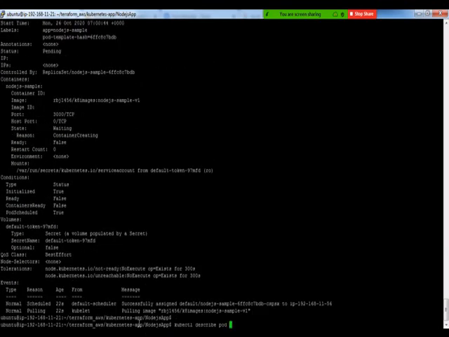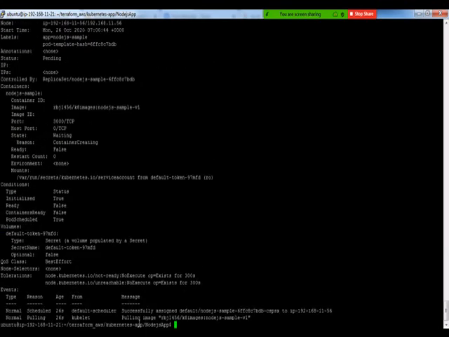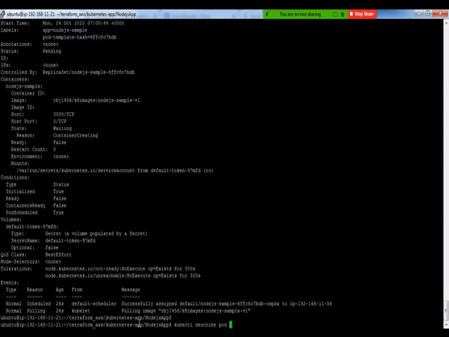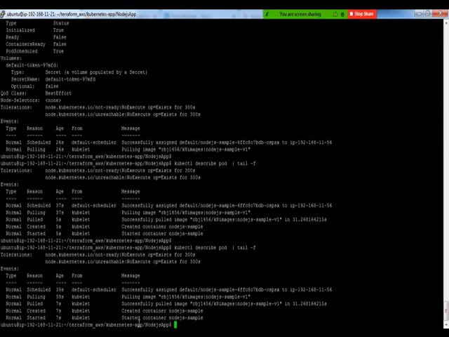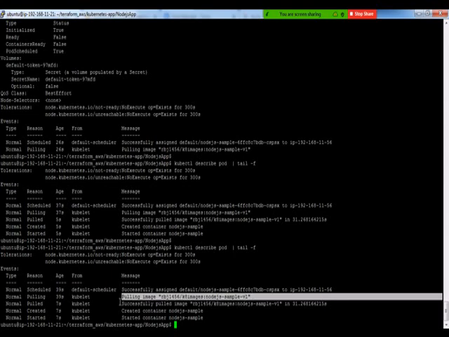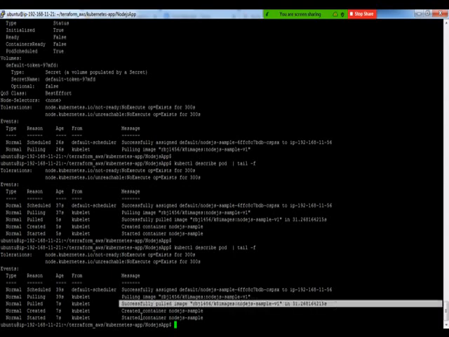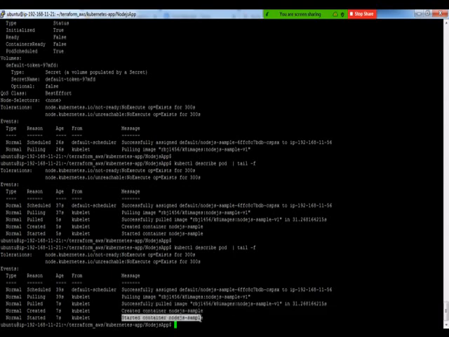I'm just running the command again and again to check the recent status. It's still pulling the images. I can do that with -f. Sorry, it's completed before that, right? So it says pulling the Docker images, which has been done. Successfully pulled images, right? Created a container and started the container, right?